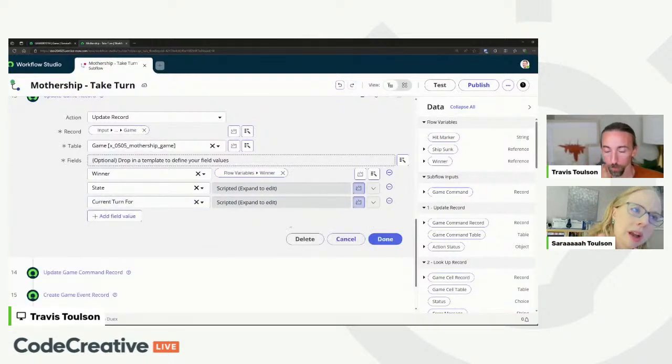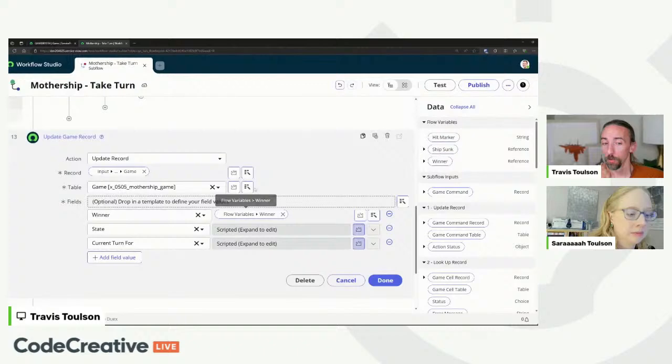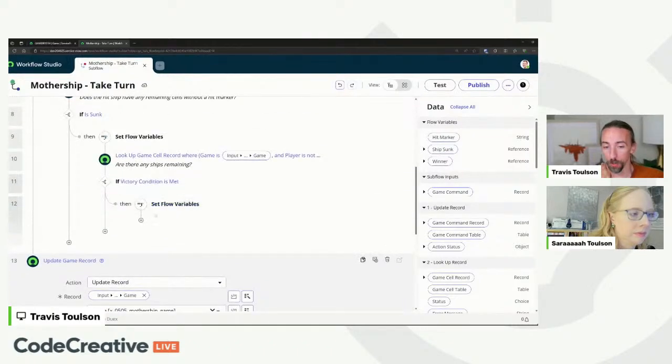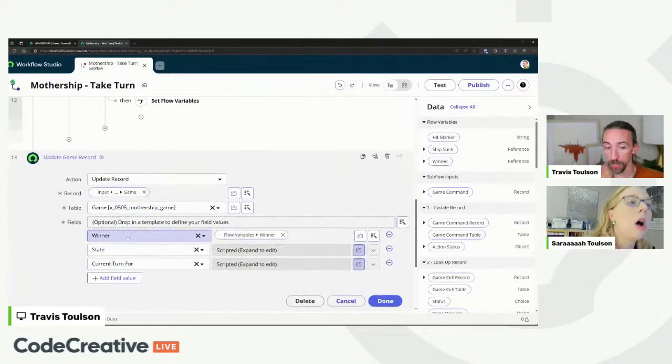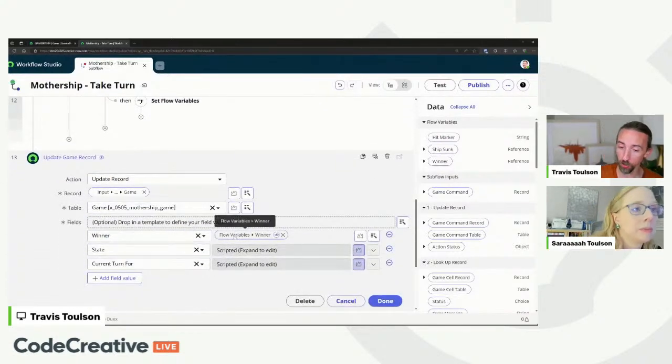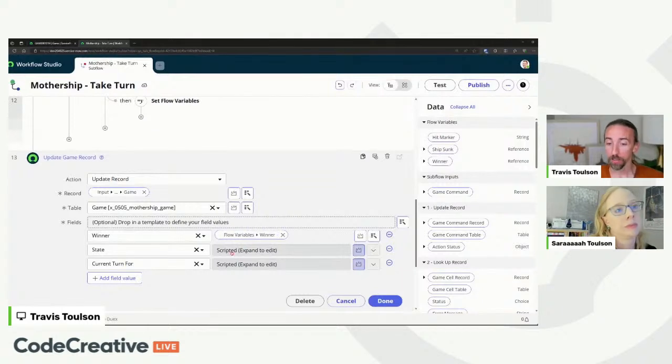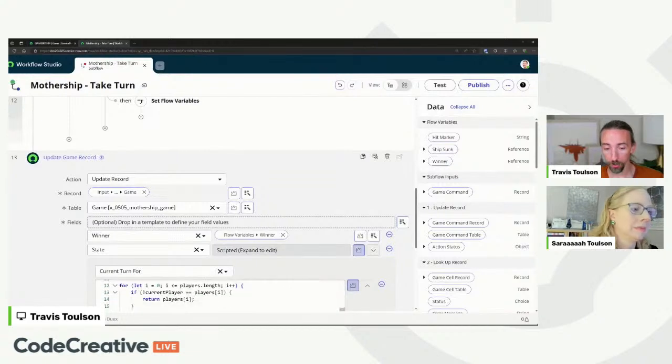Wait, why are we doing that if we've already declared a winner? Isn't the game over? Remember that we moved it out of the victory condition. So this update game record will apply whether we have a winner or not. If there is a winner, it will be set. The state will be set to either playing or completed, depending. And current turn 4 will be set to